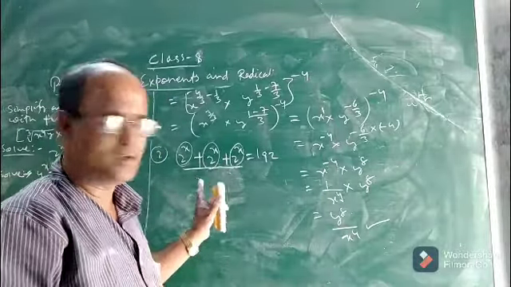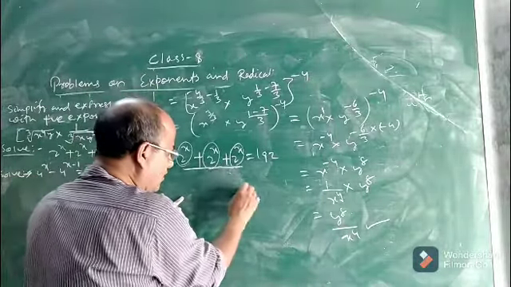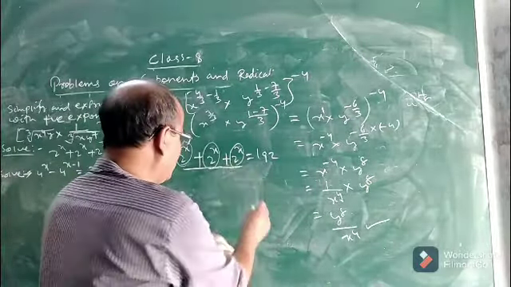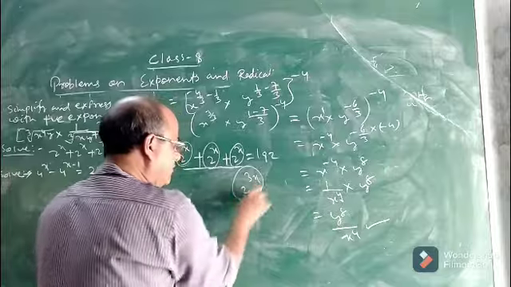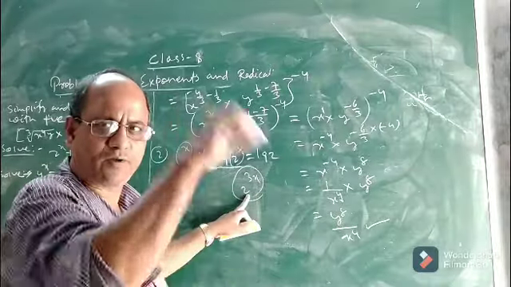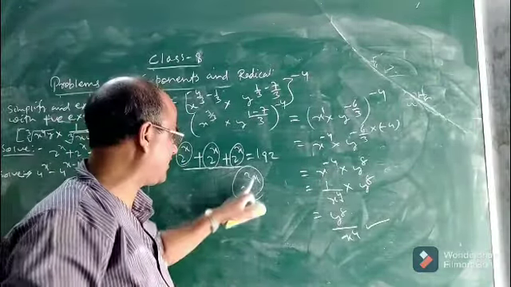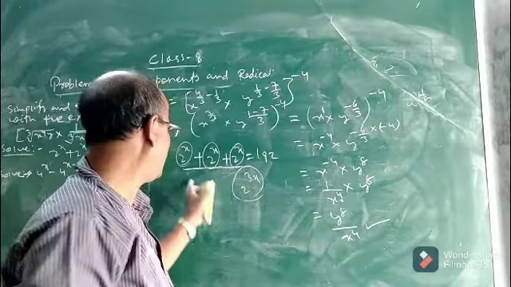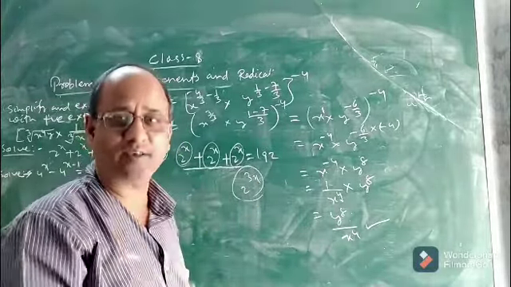So how to add this? It will not be equal to 6 to the power x, or this will not be equal to 2 to the power 3x. You see, but many of you, while doing calculation and simplification, write this as 2 to the power 3x or 6 to the power x. This is your conceptual error.